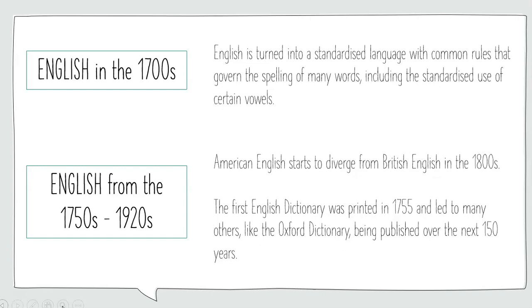Then in the 1750s to the 1920s, we had things like dictionaries starting to come out so that people could understand what those words meant. And in dictionaries, quite often you'll see where the origin of that word came from as well, so that you can trace its origins back. We also had American English start to diverge from British English, so different countries creating their own ways of using